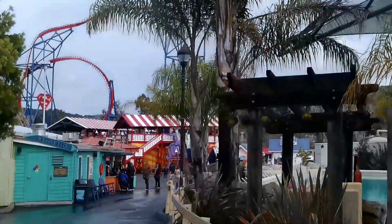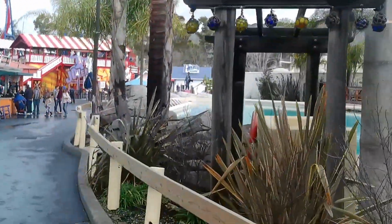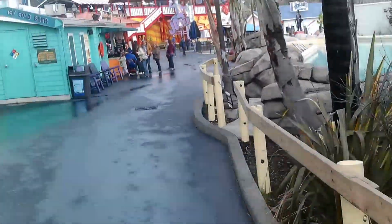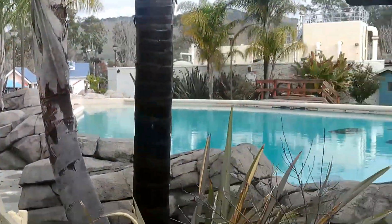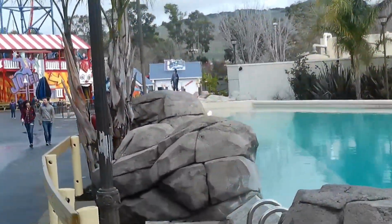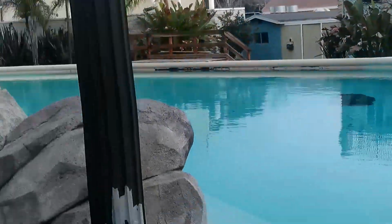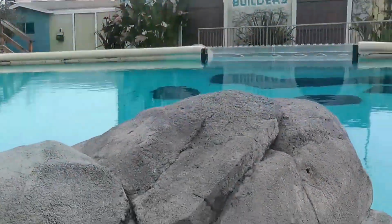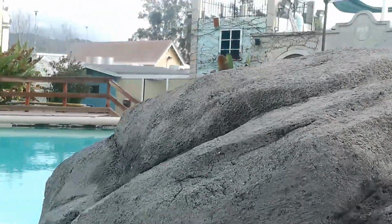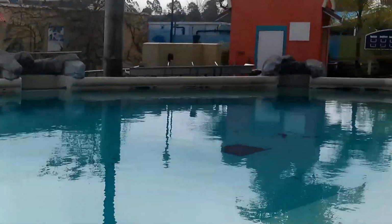All right, so we're back in Six Flags Discovery Kingdom, and I am going to do a video I've wanted to do for quite a while, since the first Discovery Kingdom Explorer's Guide way back in August. I wanted to give you guys a tour of the DC area of the park and also my hypothetical of what they could do to this area to make it fully DC, because as of now it's like 90% DC. So what we're looking at now is the Dolphin Experience pool, which has not been used in quite some